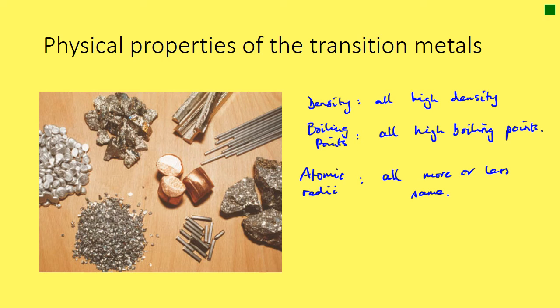Some of you might just be thinking about mercury there for a second. Mercury is not actually a transition metal, even though it is a D block element. And the reason why mercury is a liquid at room temperature is way beyond A level, and you have to understand general relativity as it happens before you can get there. Anyway, so all the transition metals that we deal with